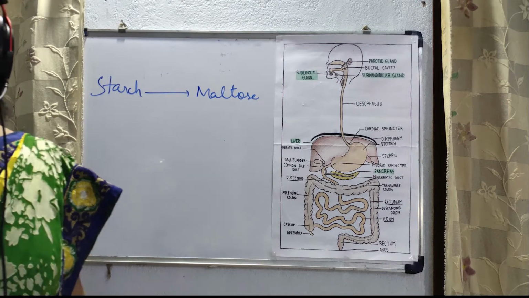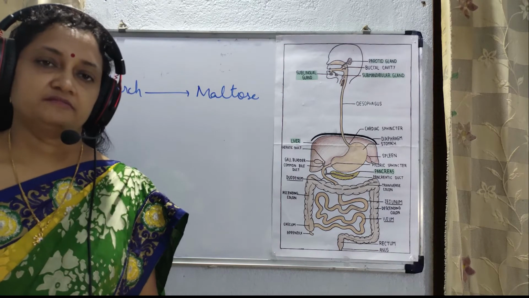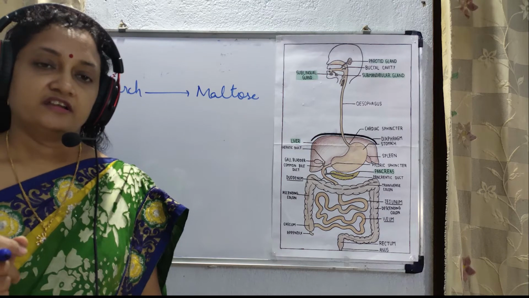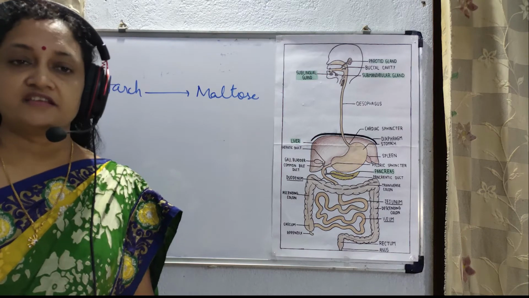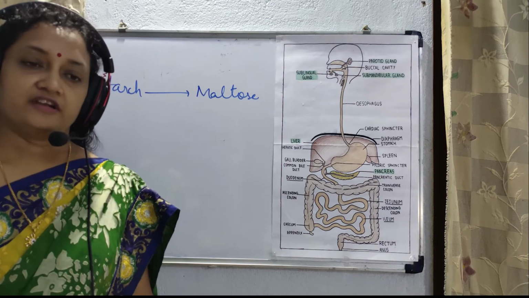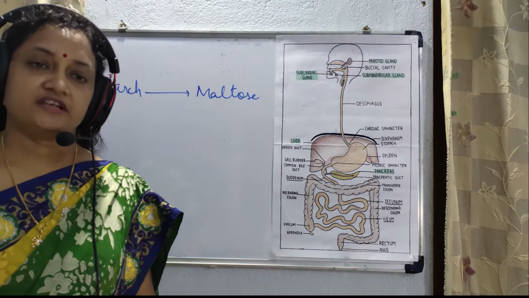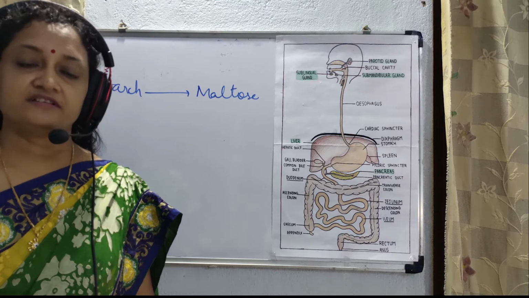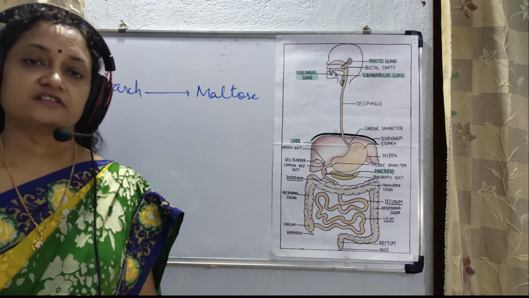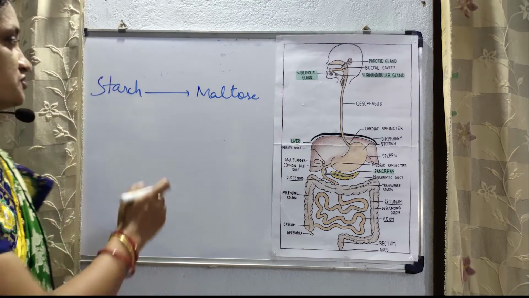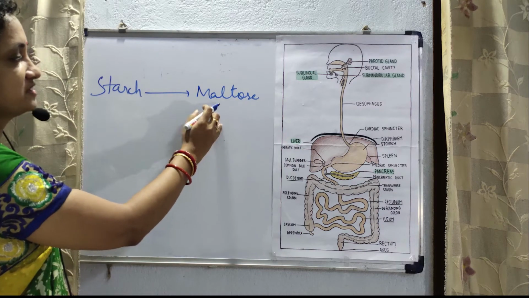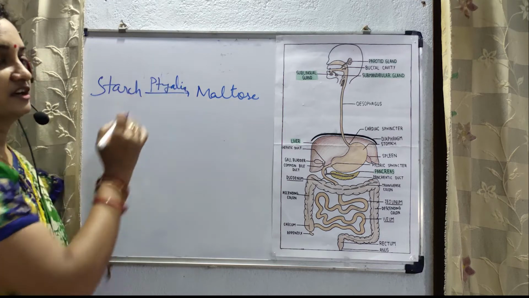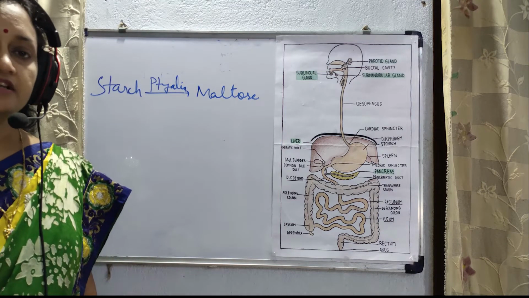Starch in the mouth cavity is chewed thoroughly with the help of saliva, because saliva provides an acidic medium and also adds moisture to the food, so that the process of digestion is started in the mouth cavity. So, 40% digestion of the starch occurs in the mouth cavity. Starch is converted to maltose in the presence of the enzyme ptyalin. Ptyalin is also known as salivary amylase.